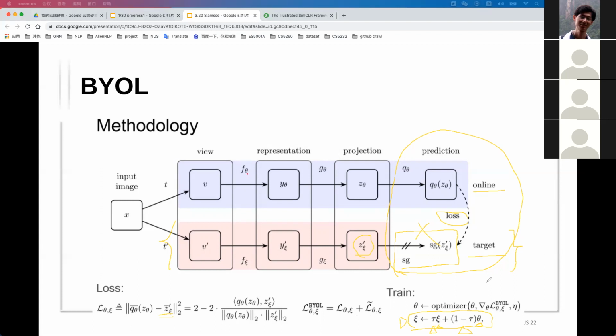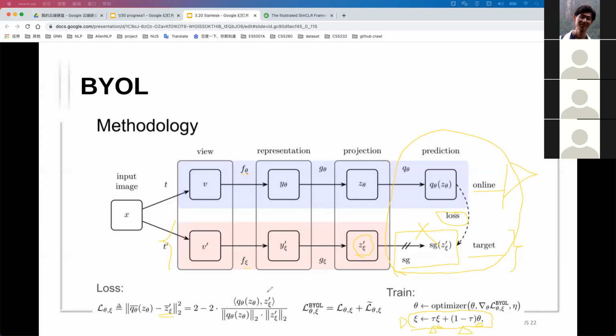And where does it get the initial momentum? You mean the initial parameter? Initial gradients, right? So when you talk about the target part, let me look at your formula. Theta is the weights, am I right? Yeah. Theta is the weights of the target branch. Oh no, theta is the weight of the online part. Here is the theta. Okay.